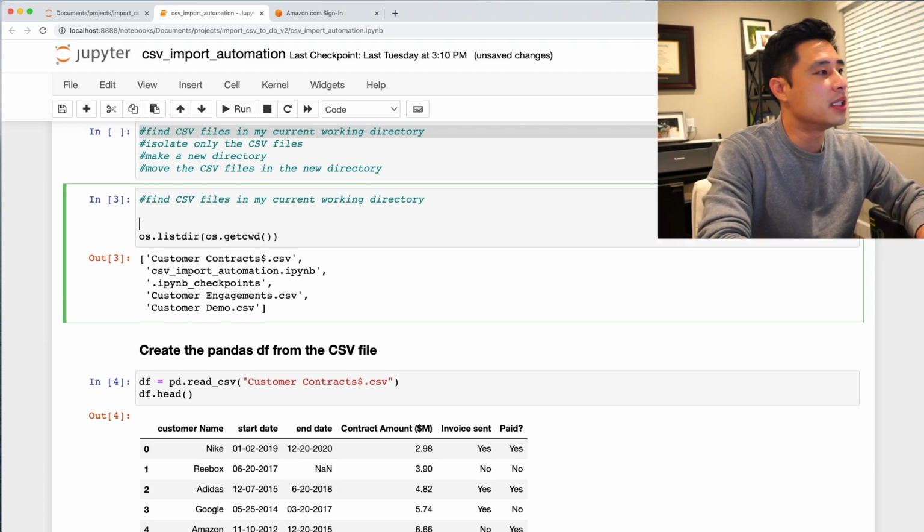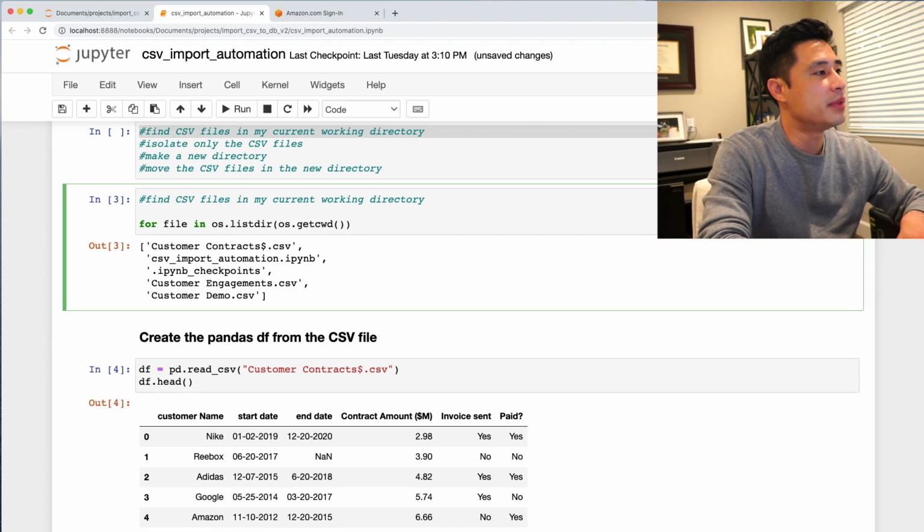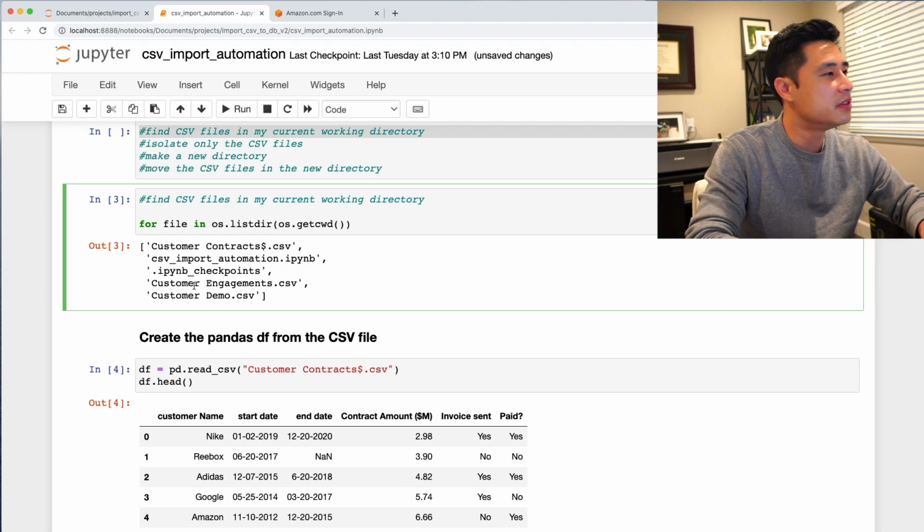So the for loop is going to look like this. For file in, and then I'm going to use this. So this right here is essentially this list of 2, 3, 4, 5 files, and this file is basically the placeholder variable where it's going to progress through each one of these elements in the list. So for file in os.listdir,